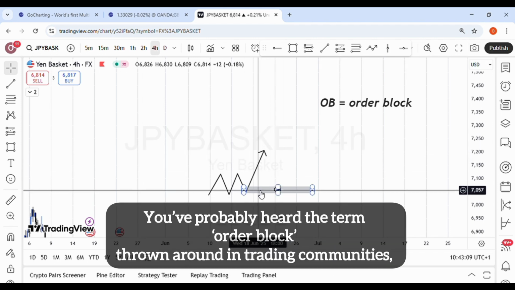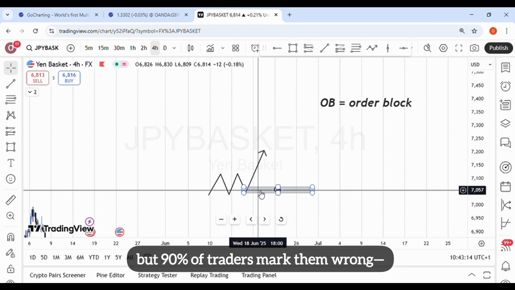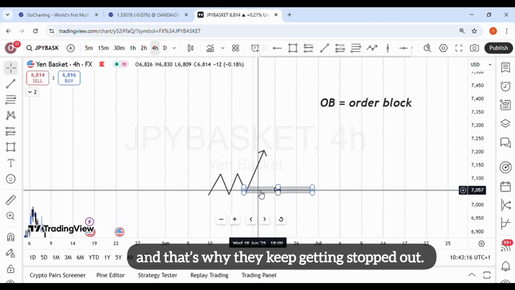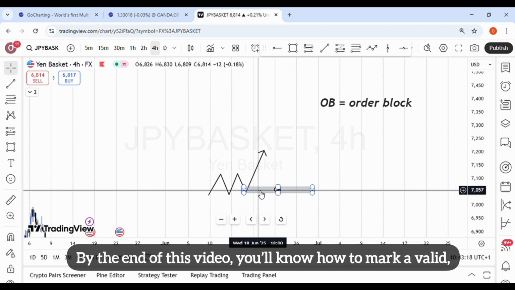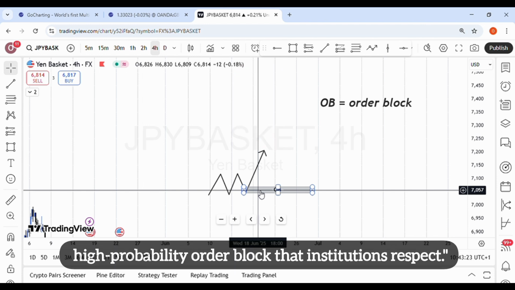You have probably heard the term order block thrown around in trading communities, but 90% of traders mark them wrong. And that is why they keep getting stopped out. So by the end of this video, you will know how to mark a valid, high probability order block that